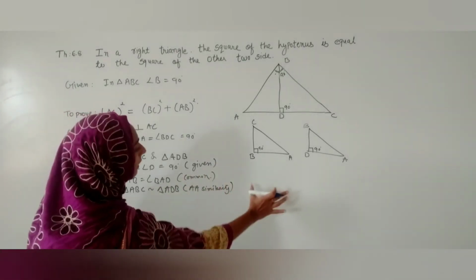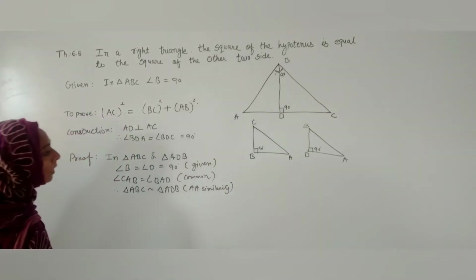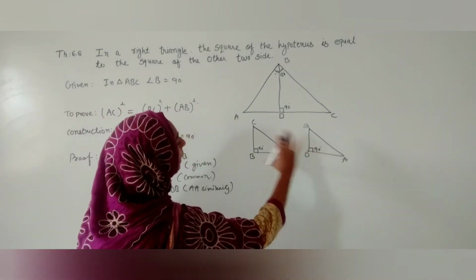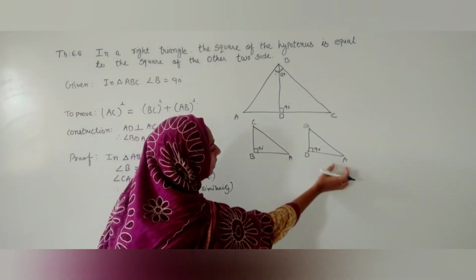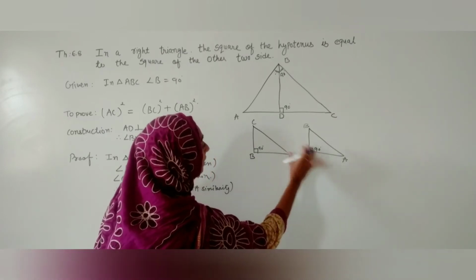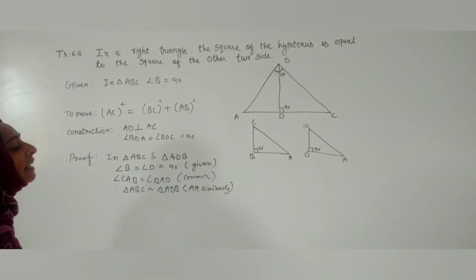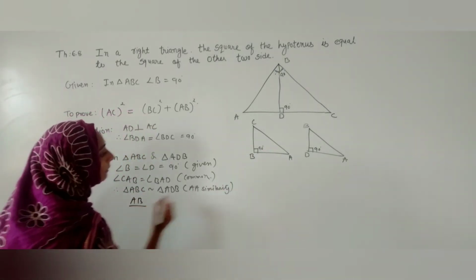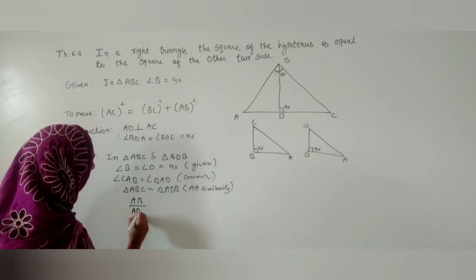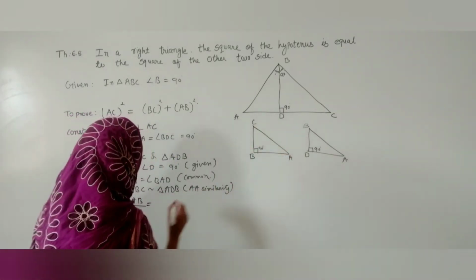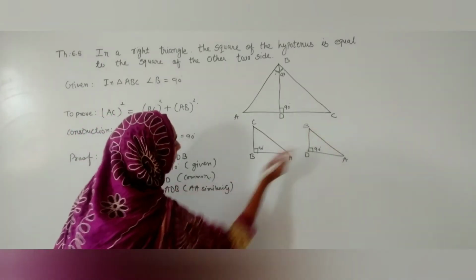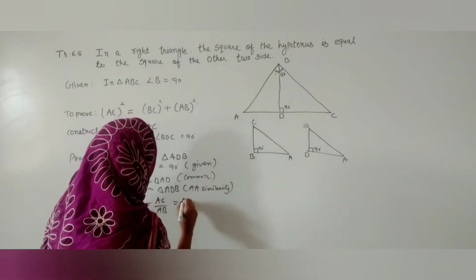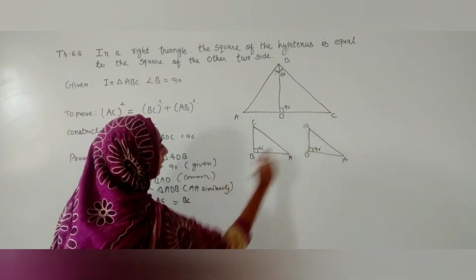Now if it is AA similarity, let us write the ratio. Now the question is why I have drawn it this way: because if we compare a particular angle with a particular angle, only then will the ratios of the sides be correct, else it will be wrong. So we can write the ratio as AB upon AD. Now let us take another side, AC upon AD. And the third side is BC of this and DB of that.